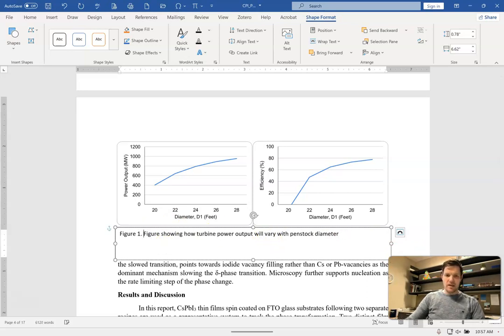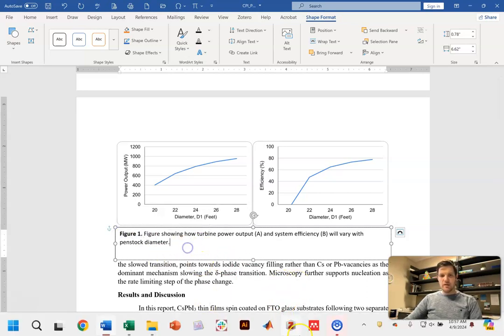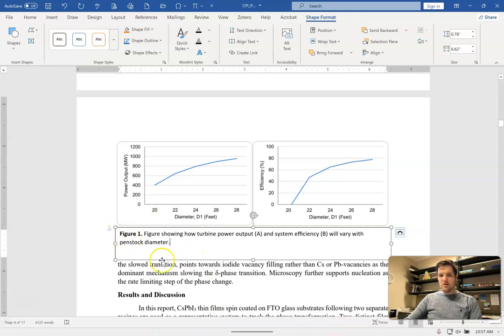Maybe I want to actually say it like this because these are very connected. How turbine power output, A, and system efficiency, B, will vary with penstock diameter. Maybe that's what my figure shows. I usually like to bold the figure legend so that it's very clear this is figure 1. Okay, so there's my